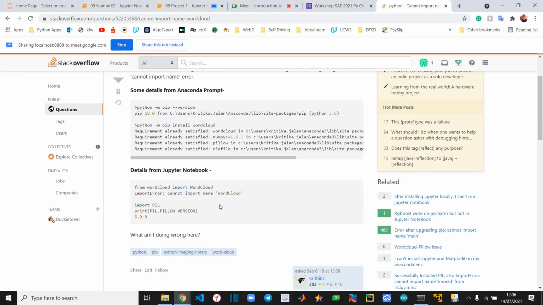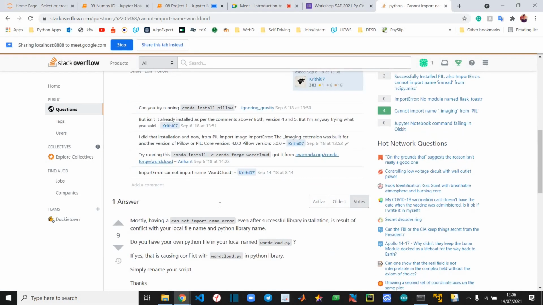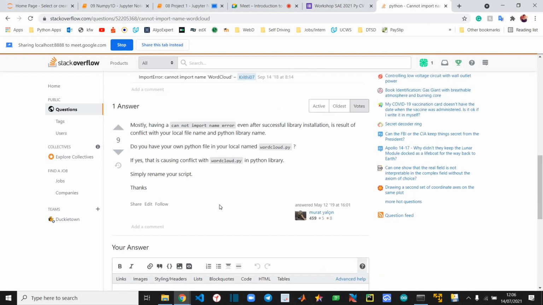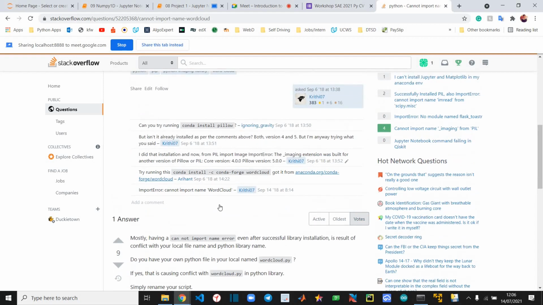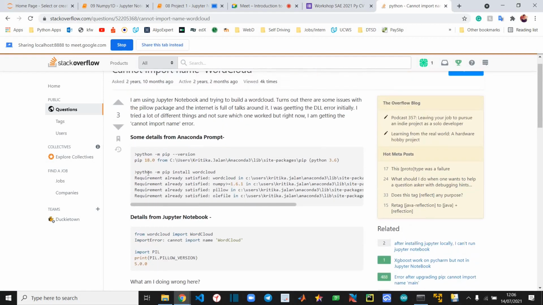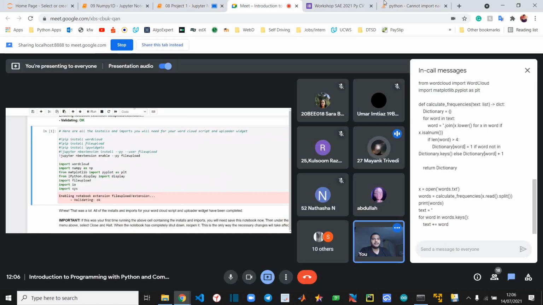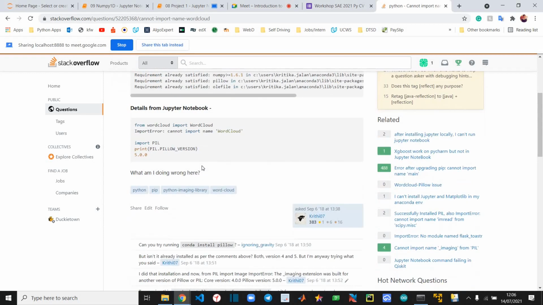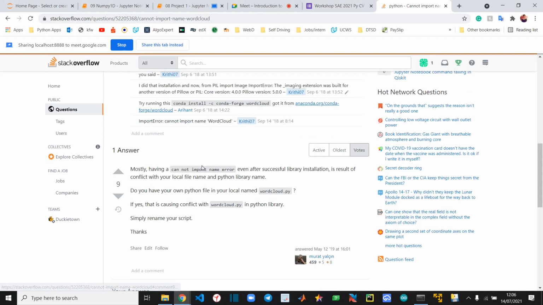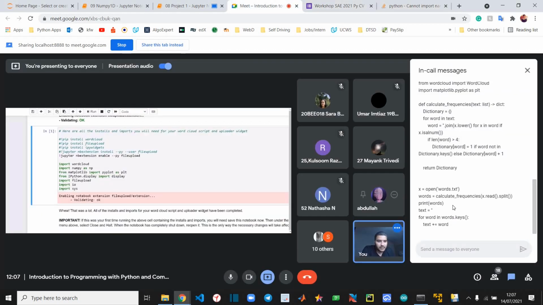I can send you my code and if you could check. Yeah, please do. I will see what is the problem. I may not face the same problem because in my computer, word cloud is already successfully installed, so I may not get the same error. I just wanted to see if the code runs well or not. Yeah, please send me the code and I will get back to you. It's in the chat box.